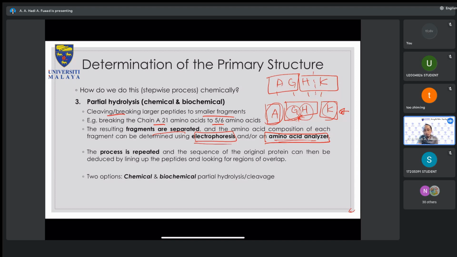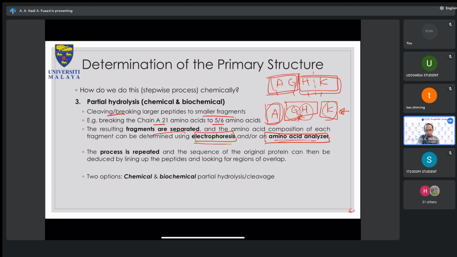But additionally, you can do electrophoresis. Why? Because towards the end of the day, if you have this kind of combination, electrophoresis uses the polarity of the molecule to separate them. It's like doing a TLC: the more polar, the faster it moves if you have a polar mobile phase. Similarly, in electrophoresis, you always use a current. So H and K is a more polar combination.